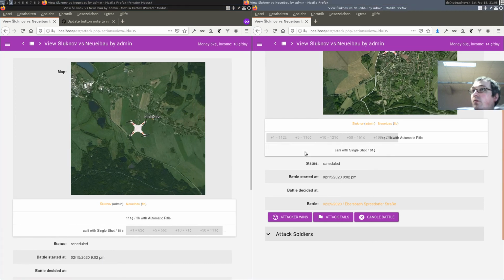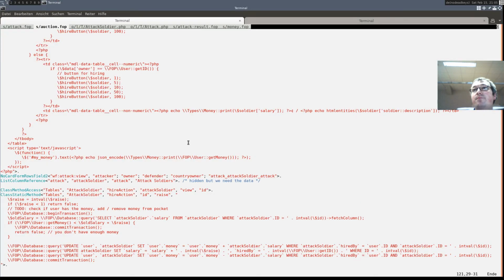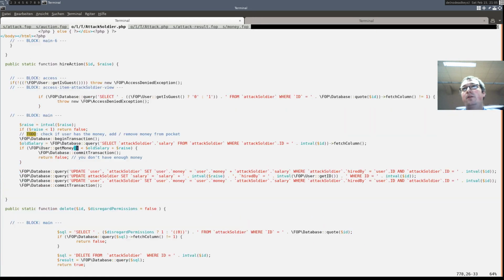There's one thing we have to do. The refund code, this line of code, must also be executed when cancelling an attack, because a cancelled attack has to be refunded.